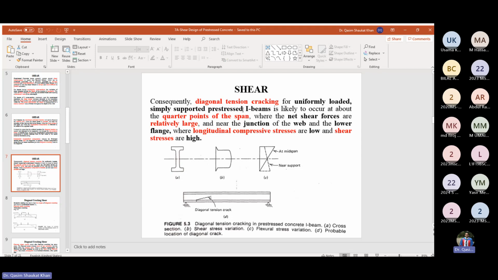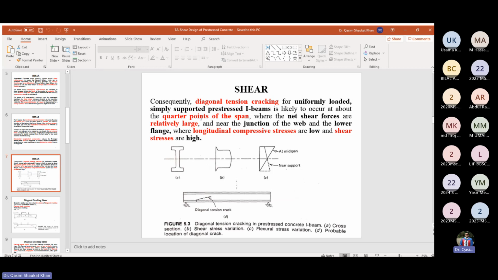Diagonal tension crack. Diagonal tension crack for a uniformly loaded, simply supported pre-stressed I-beam. ठीक है जी? So you have a very simple scenario here. You have a simply supported beam which is subjected to the UDL. ठीक है जी? So consequently, diagonal tension cracking for uniformly loaded, simply supported pre-stressed I-beams is likely to occur at